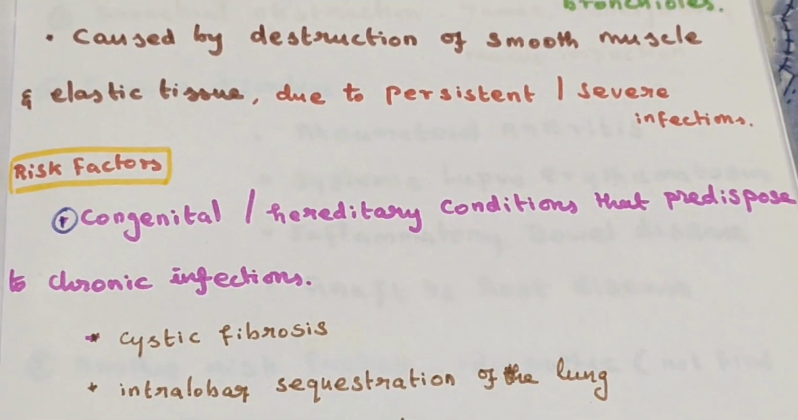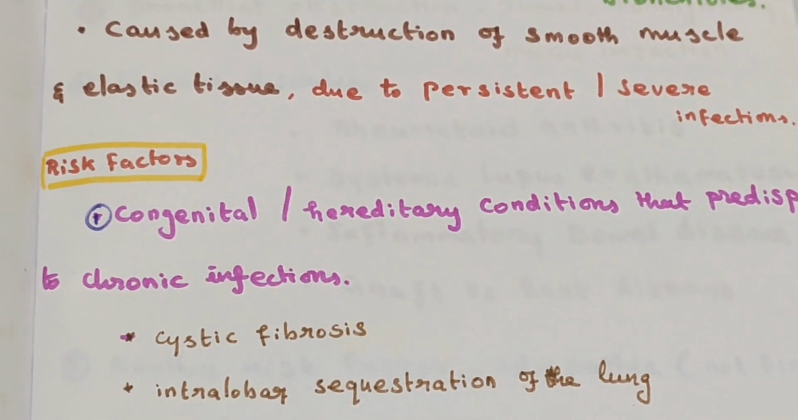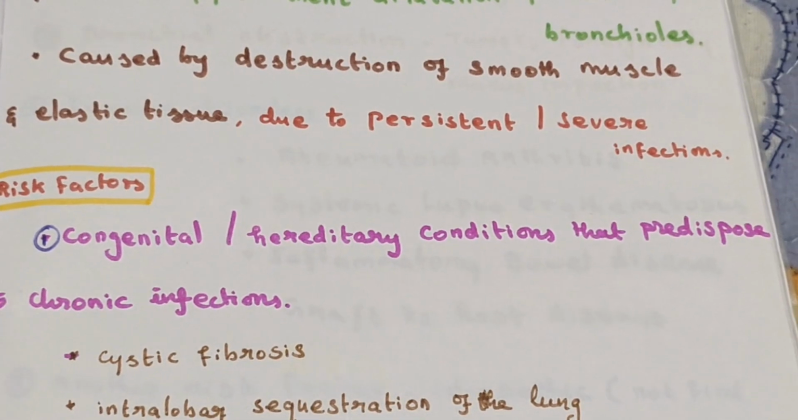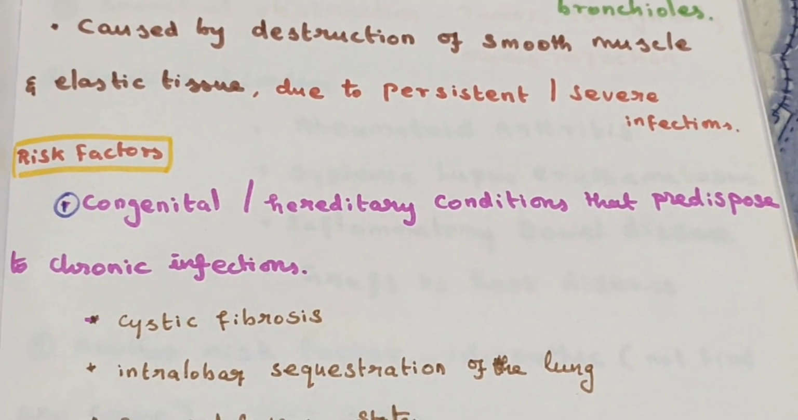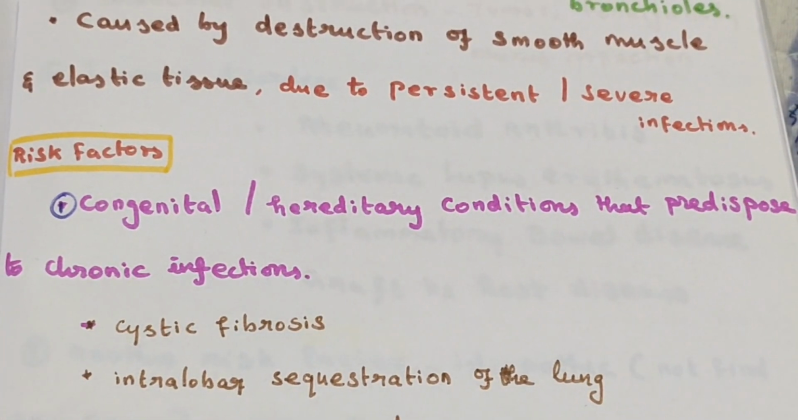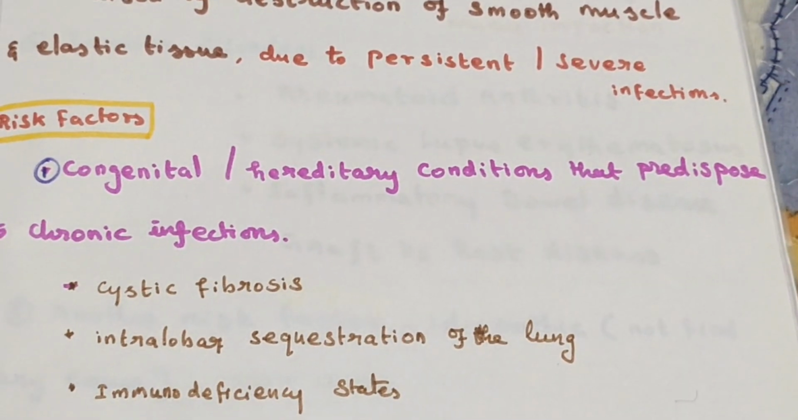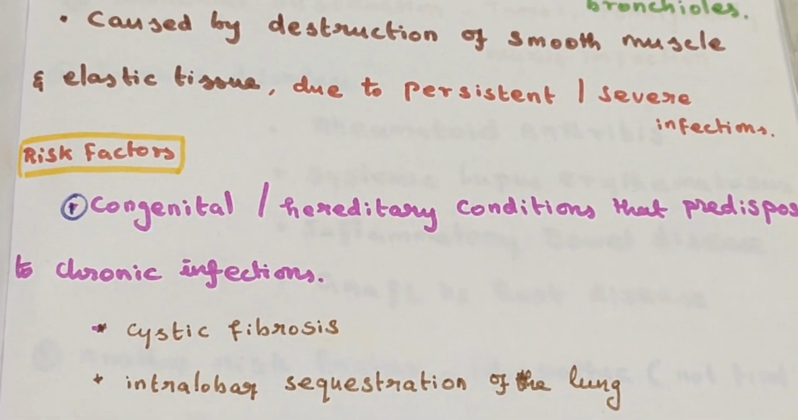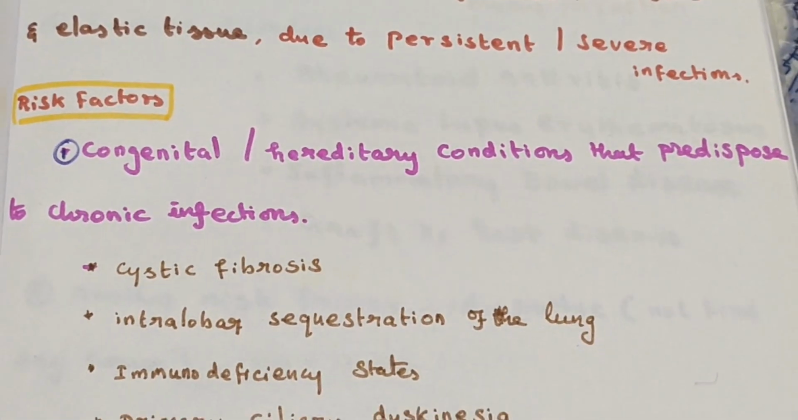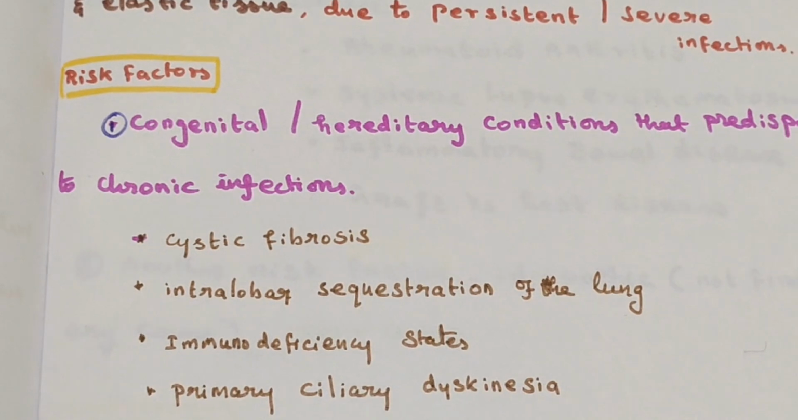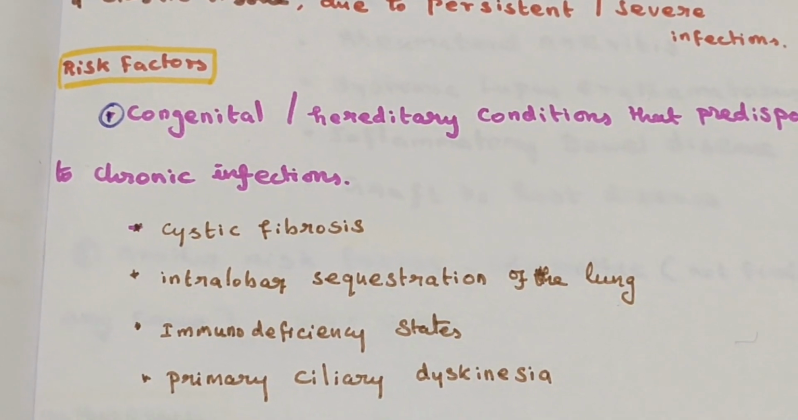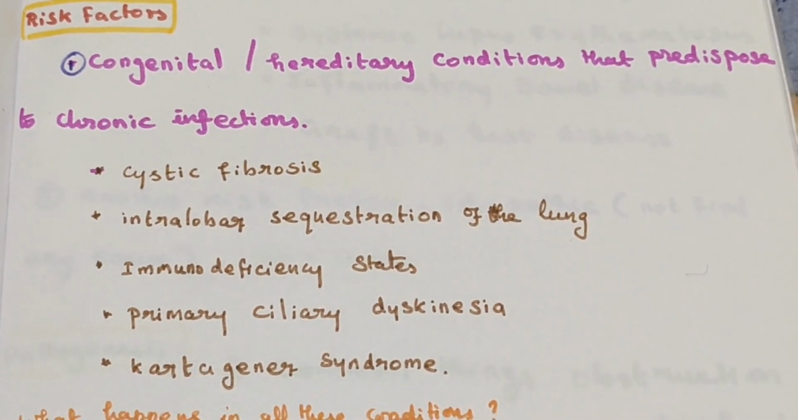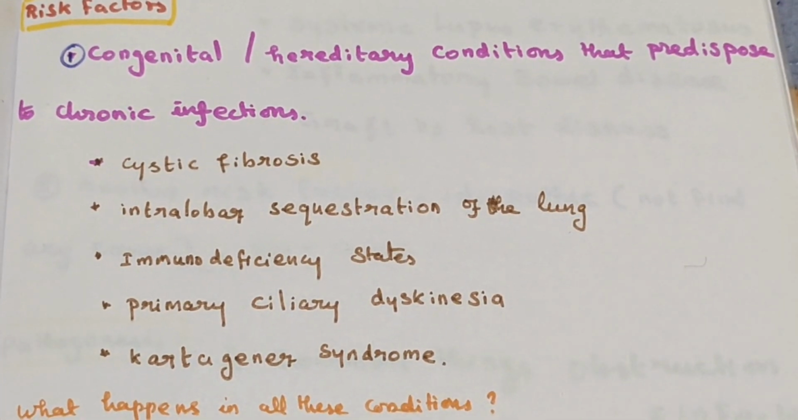Then what are the risk factors which predispose to the development of bronchiectasis? The risk factors can be classified under various categories. The most common one is congenital or hereditary conditions which predispose to chronic infection. What are these conditions? They can be cystic fibrosis,